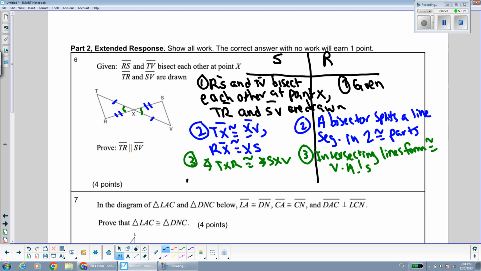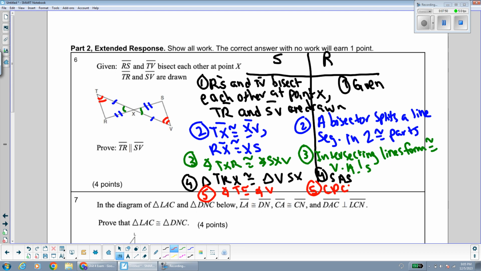And now we can say that triangle TRX is congruent to triangle VSX, and that is by side angle side. And now what we can say is that angle T and angle V are congruent, and that's by CPCTC because they're corresponding angles of congruent triangles. And now we can end our proof. We can say that TR is parallel to SV